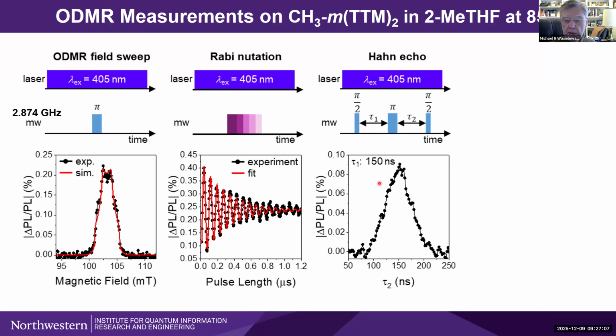We can do a standard Hahn echo experiment: pi over 2 pulse, pi, and then for ODMR, for those of you who are not familiar with ODMR, in a Hahn echo experiment, you're actually refocusing the spins, so you're essentially manipulating a coherence. But in order to do an optical detection properly, you need to translate that coherence into a population again. And so you rotate the magnetization back to the Z direction using a pi over 2 pulse. Consequently, the last pulse is always pi over 2. So you can see for tau 1 equals 150 nanoseconds, you'd expect the echo to occur at T2 equal to 150. And sure enough, there's the echo.